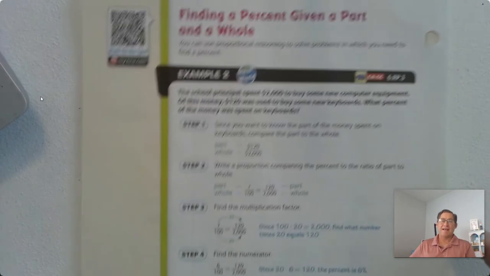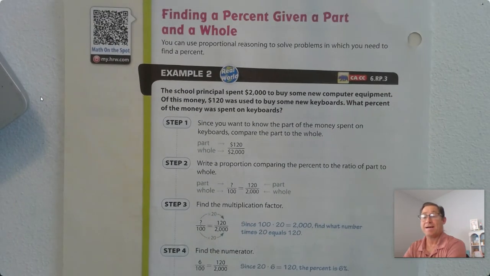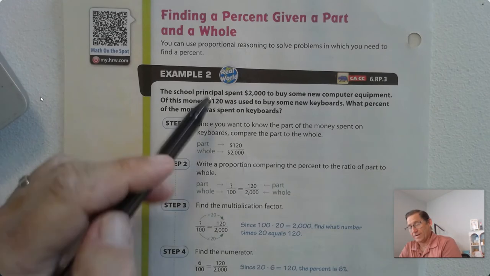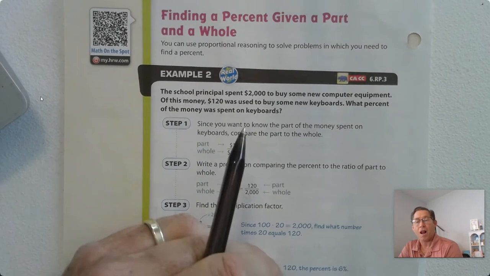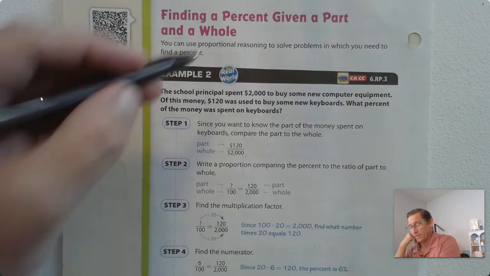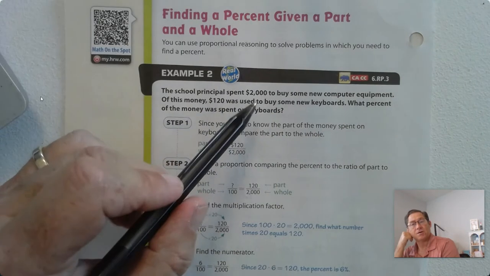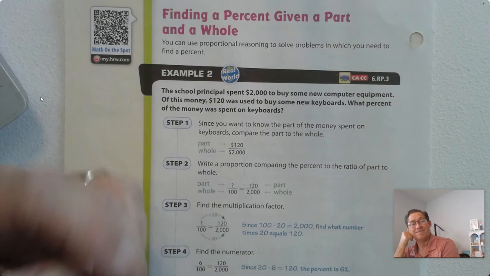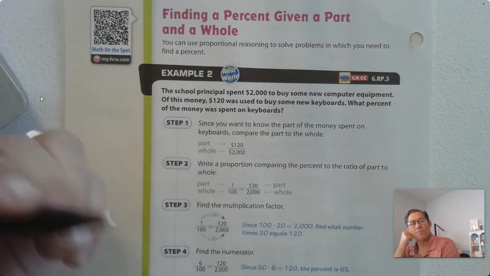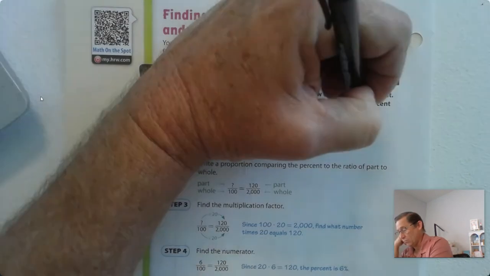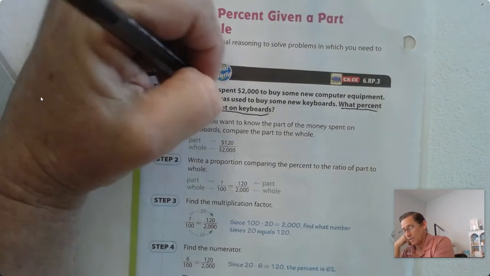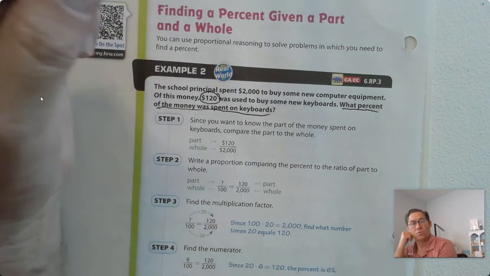How do we find the percent when you're given a part and a whole? In this case, the percent's missing. Again, we can use proportional reasoning to solve problems in which we need to find a percent. Here, the school's principal spent $2,000 to buy some new computer equipment. Of this money, $120 was used to buy some new keyboards. What percent of the money was spent on keyboards? Well, he spent $120 total on keyboards